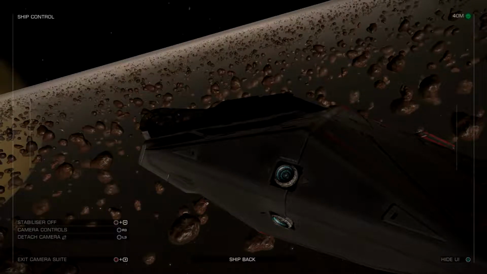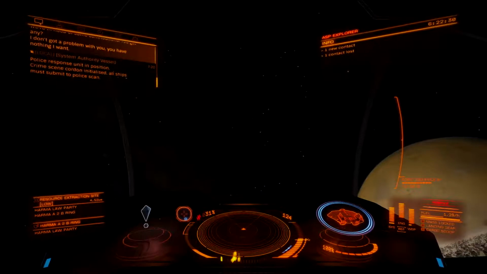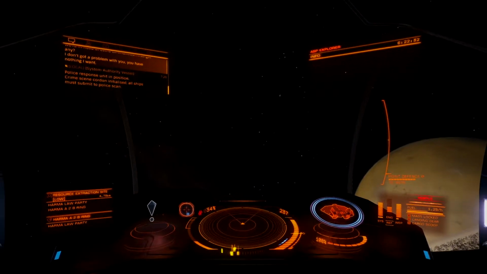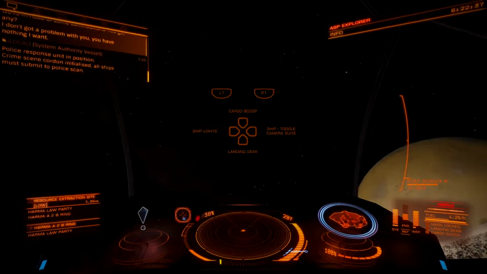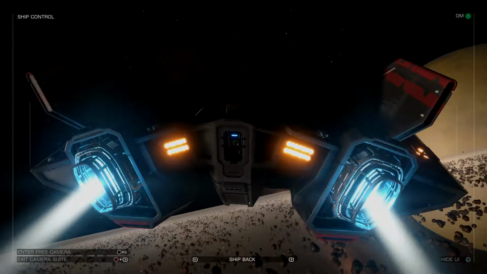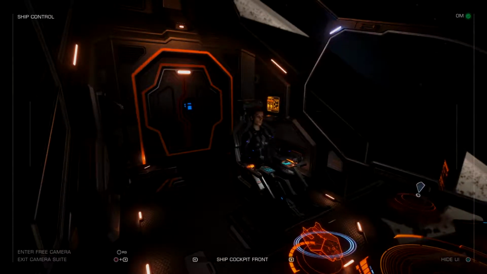So I want to show you guys the different views. Okay, so let's do this. Oh, sorry, I'm boosting my engines. My bad. Let's slow down a bit. So we're going to go back into camera system. Okay, there we go. We're just going to toggle through camera system. That's the bottom of the ship. We can actually look inside my cockpit, and if I go free roam,